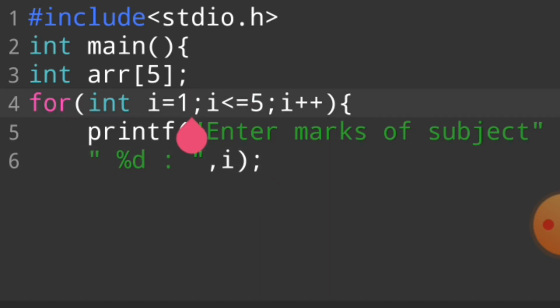If I write 0 here, then the first time the printf function tells our user to enter marks of subject 0. Marks of subject 0 is not good. So to avoid this problem, I declare i plus 1 as the display value. I hope you understand this topic. If you can't understand this topic, try running it in your copy. This is not a bad thing.